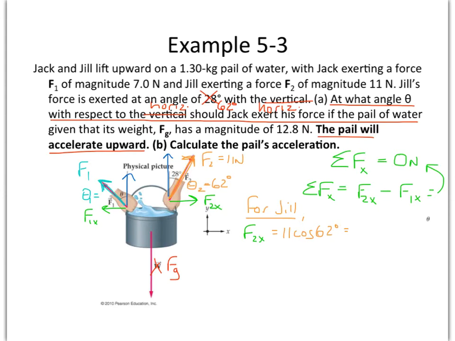So we're going to find out what Jill's x component of her force is. I'm going to write that in green because I'm going to keep that in green. 11 cosine of 62, I get 5.2, all right? 5.2 newtons. And that's what this is right here. That was gotten by taking the x component of Jill's 11 Newton force at 62 degrees. Okay, so that means then that Jack's force, and I'm going to do him in light blue, since Jill's 5.2 Newton force has to be equal and opposite to Jack's x component of his force, because he's force 1 right there, then that means for Jack,